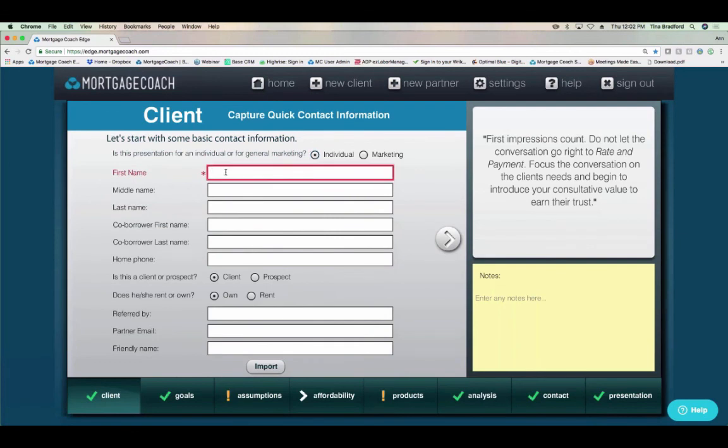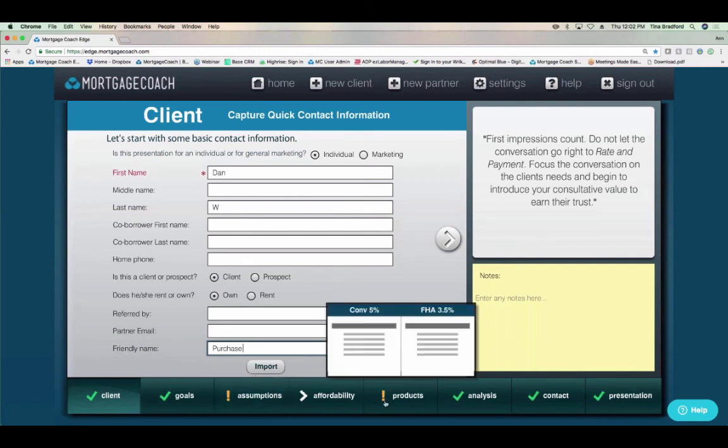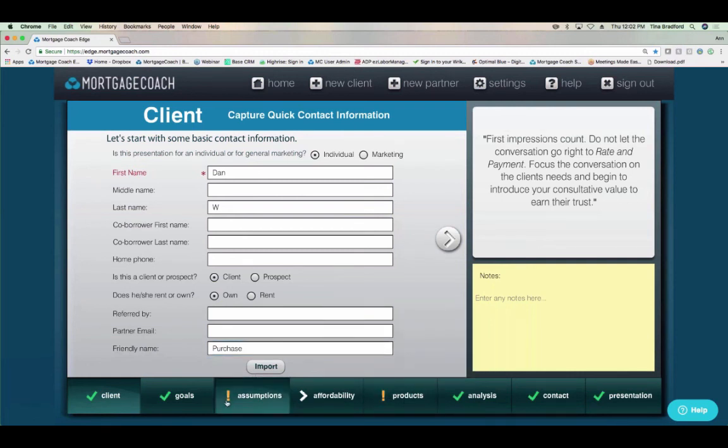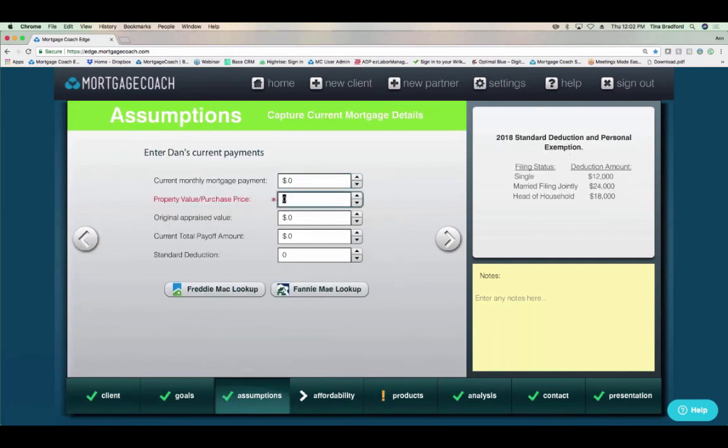Now I can place my client's information there. So I'm placing their name in there. I can place in any other information here that's relevant. And then I do want to make sure I add my friendly name. Now, if I'm doing a quick presentation, I simply want to go down here to the yellow apostrophes and fill in the fields. So the purchase price,